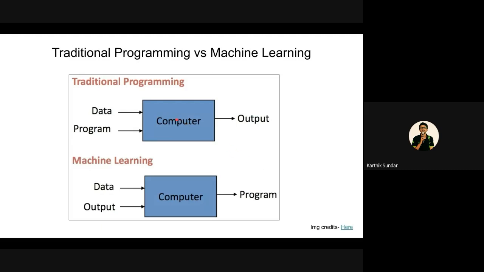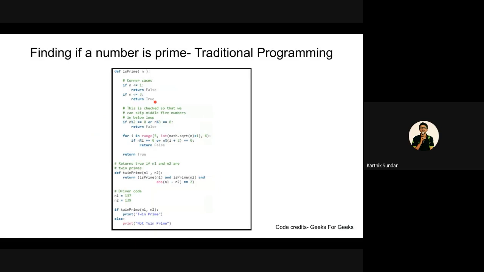So that is the difference between traditional programming and machine learning. This is a small example, like we discussed finding whether a number is even or not. Like finding if a number is prime or not. If you are writing normal traditional programming, you have to code the logic out. If n is less than or equal to 1, if n is less than or equal to 3, and you divide and see the factors. So you are coding the entire logic by yourself.